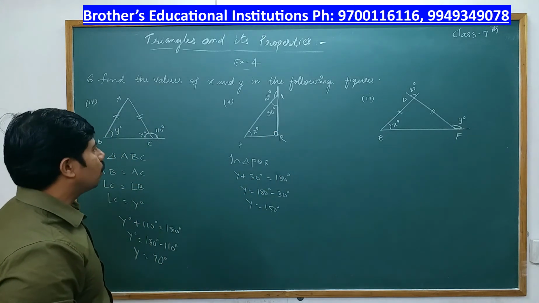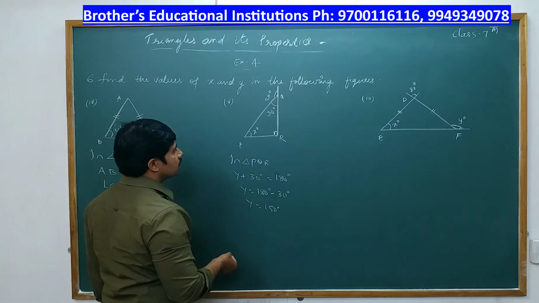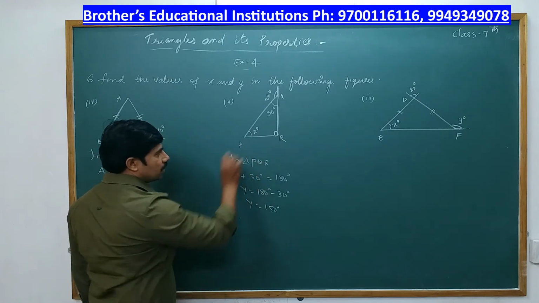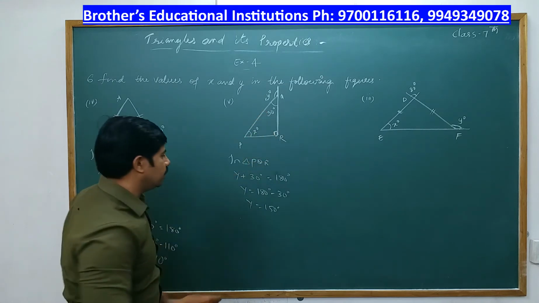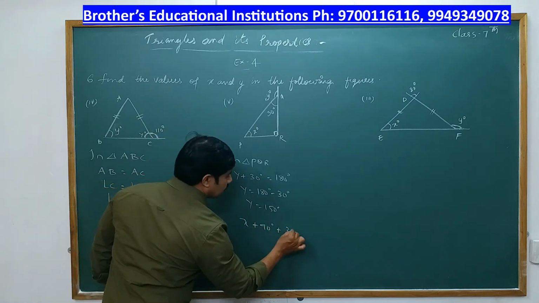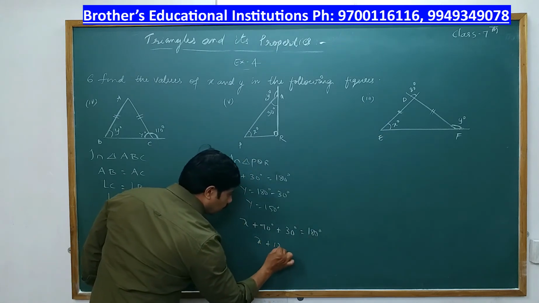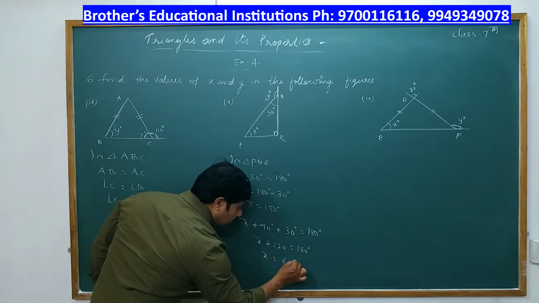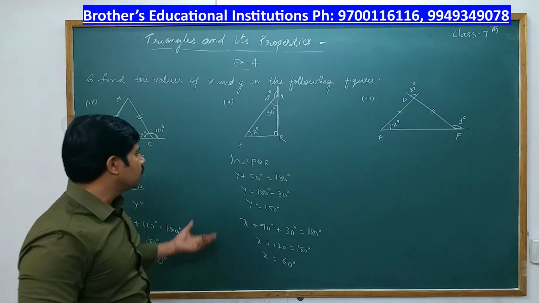Okay. So, now we can find out angle x using this 90 degrees, that is angle sum property we use, that is in triangle PQR, x plus 90 plus 30 is equal to 180. So, x plus 120 is equal to 180 degrees. So, x is equal to 180 degrees minus 120 degrees, that is equal to 60 degrees. Okay. So, this is over.